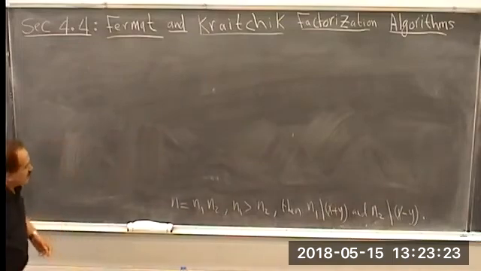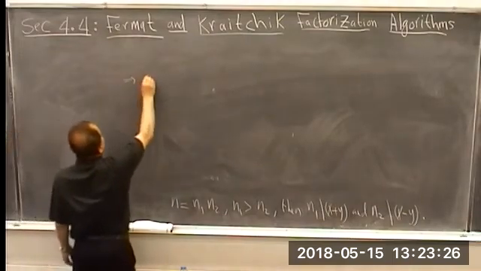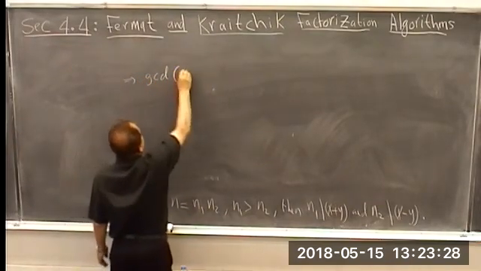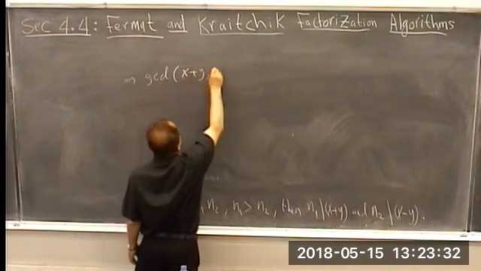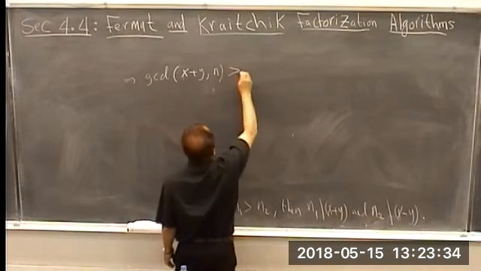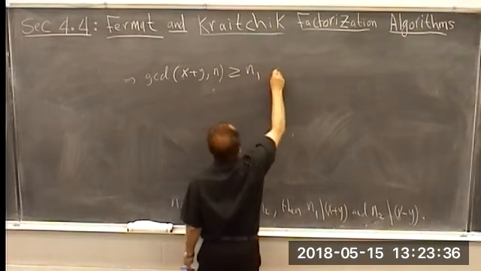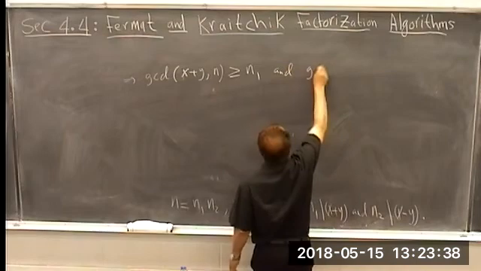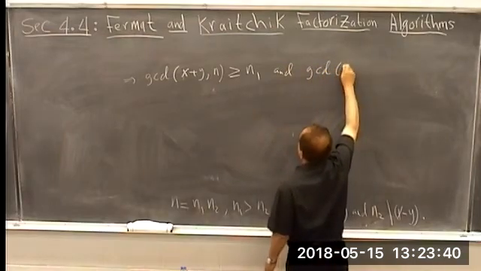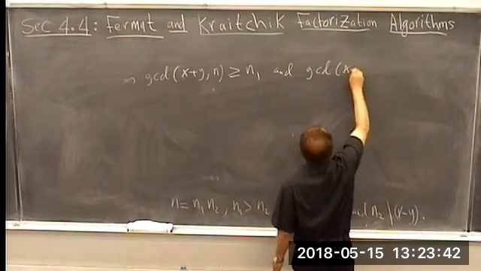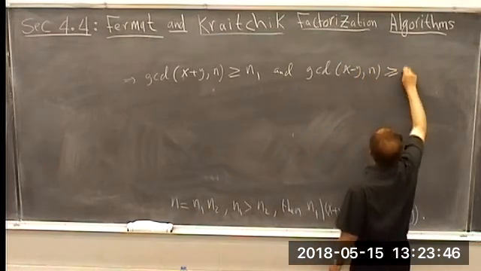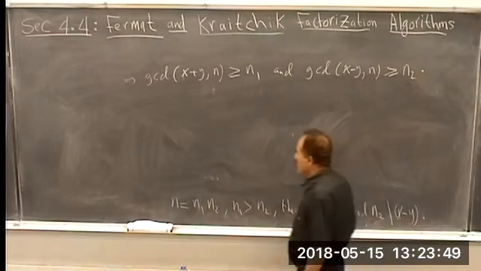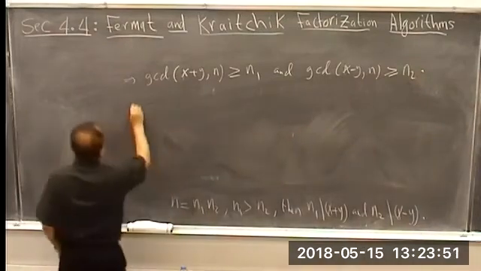And so this implies that the greatest common divisor of x plus y and n is going to be bigger than or equal to n1, and the greatest common divisor of x minus y and n is going to be bigger than or equal to n2. In particular,